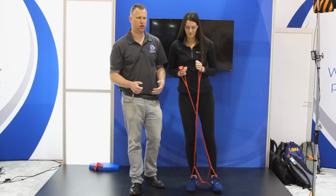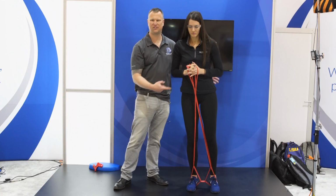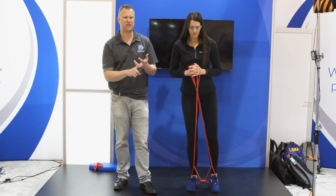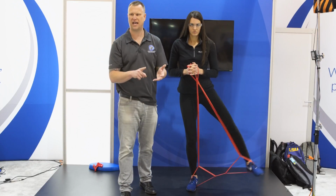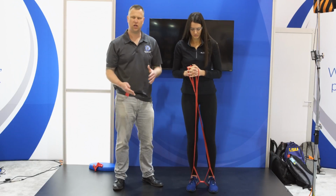So let me ask you here, what hip are we training right now? Both. I see some of you pointing to the right. The obvious answer is yes, she's working on the left. Is she balancing? Yes. Is she working on core stability? Yes. Are her quads activated? Sure. Hamstrings? Sure. Erector spinae? Sure. Glute med? Yes. So we are actually stimulating and activating hundreds of muscles in an upright functional position utilizing